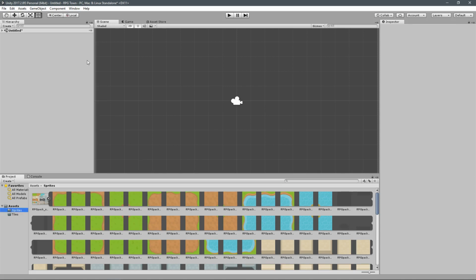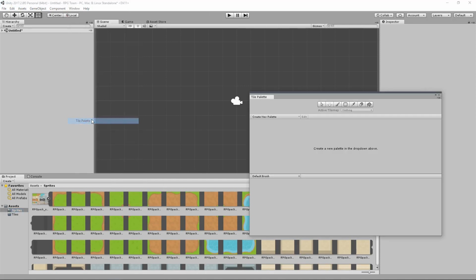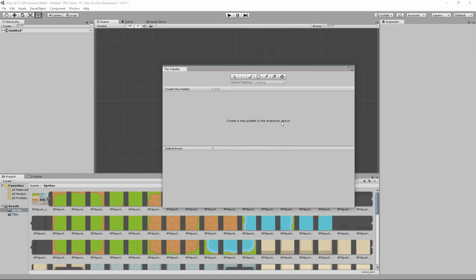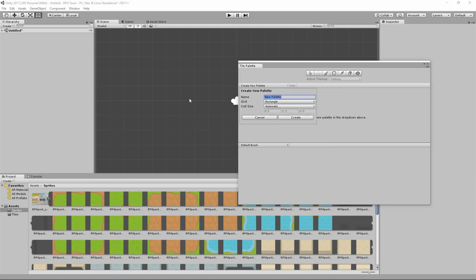Now what I want to do is go up to Window, and go down and find Tile Palette. Now this is the tool we're going to be using whenever we're actually working with our tiles. But what I have to do first of all is create a palette that our tiles are going to be in. It's going to be the actual palette that we're going to take the tiles from and place in our tile map. So I want to create a new tile palette here, and I want to call this one